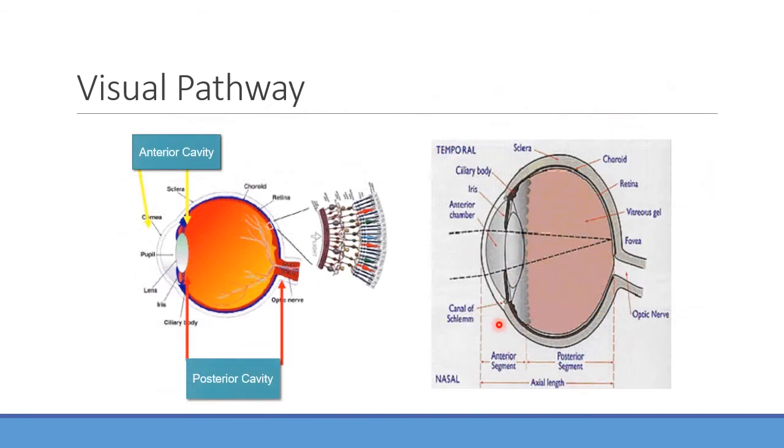Okay. So again, going through the anterior cavity to the posterior cavity, you can see here how the fovea is the primary place where a lot of that light's going to be focused. Now, if the lens is maybe unable to accommodate for that light, and I'm not able to focus correctly, this is where we're going to end up with things like nearsightedness and farsightedness. We'll talk about that, hyperopia, myopia, a little bit later on. And a lot of that has to do with the shape of the eyeball. If it's too long or too short, you can run into issues with being able to really focus that light as you're supposed to on the fovea there.